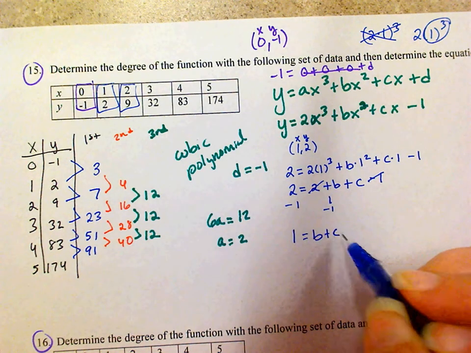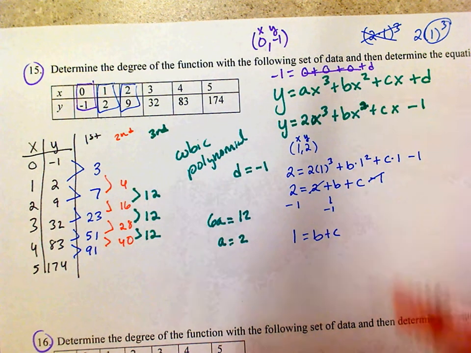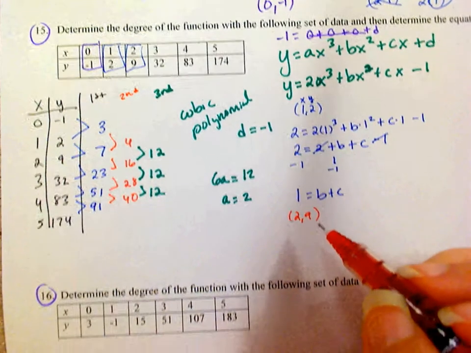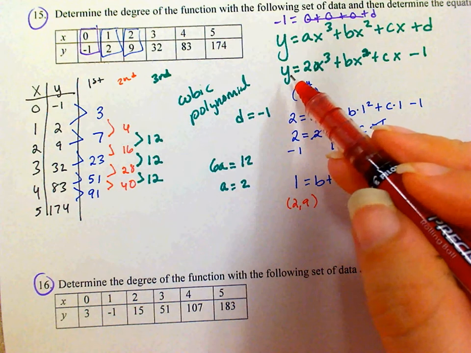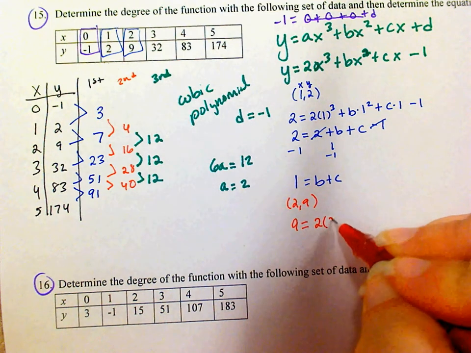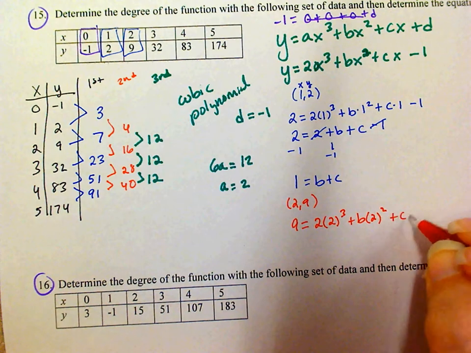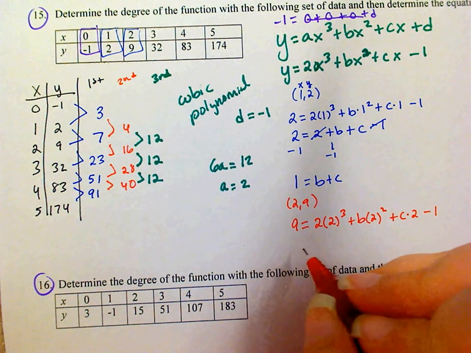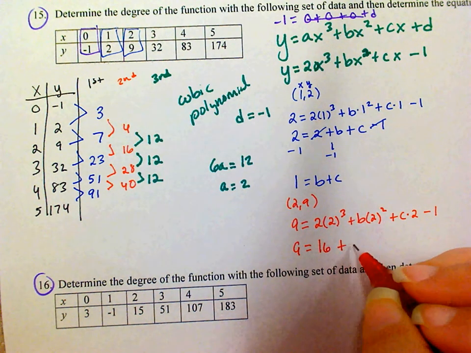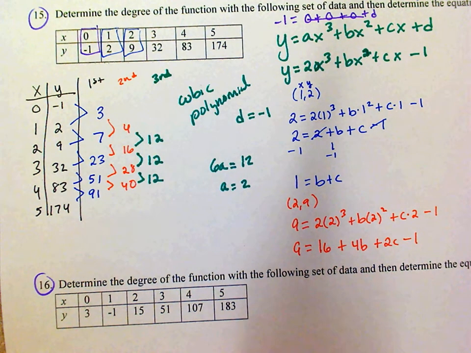So now I'm going to do the same thing, but with the next point, 2, 9. Okay, so the y value is 9. So right there, for y, I'm plugging in 9. And for every x, I'm going to plug in 2. So I've got 2 times 2 cubed plus b times 2 squared plus c times 2 minus 1. So I've got 9 equals 2 cubed is 8, and 8 times 2 is 16. 2 squared is 4, so 4b, 2c, minus 1. Okay, so if I say 16 minus 1, I get 15, and if I subtract 15,